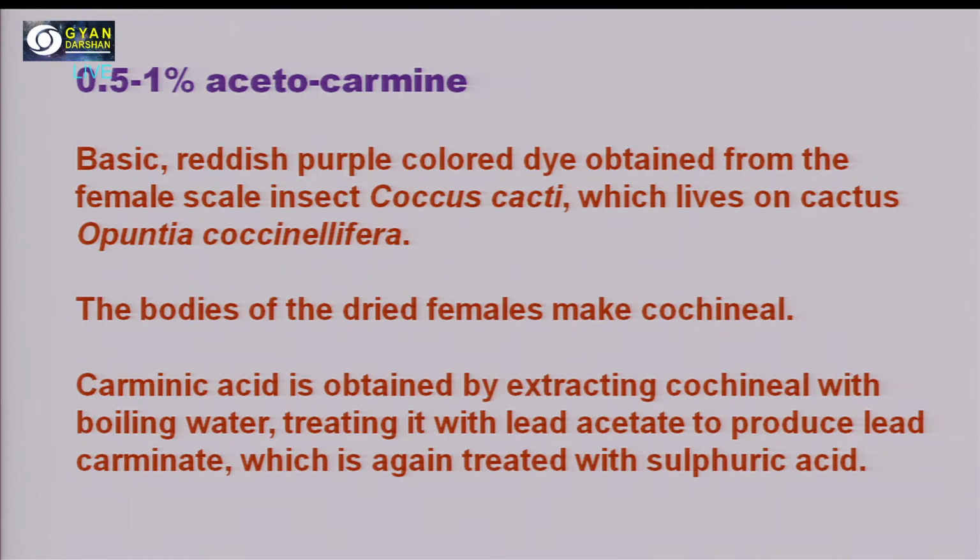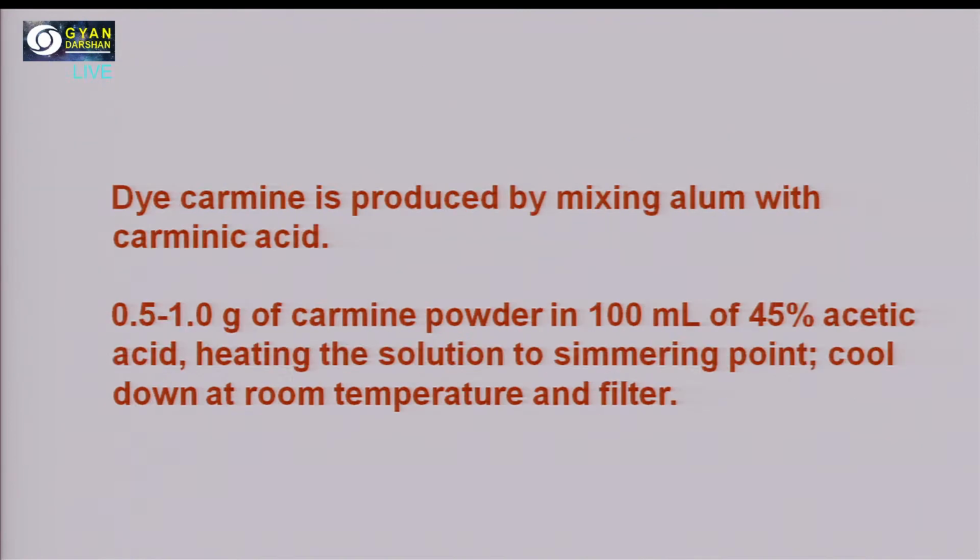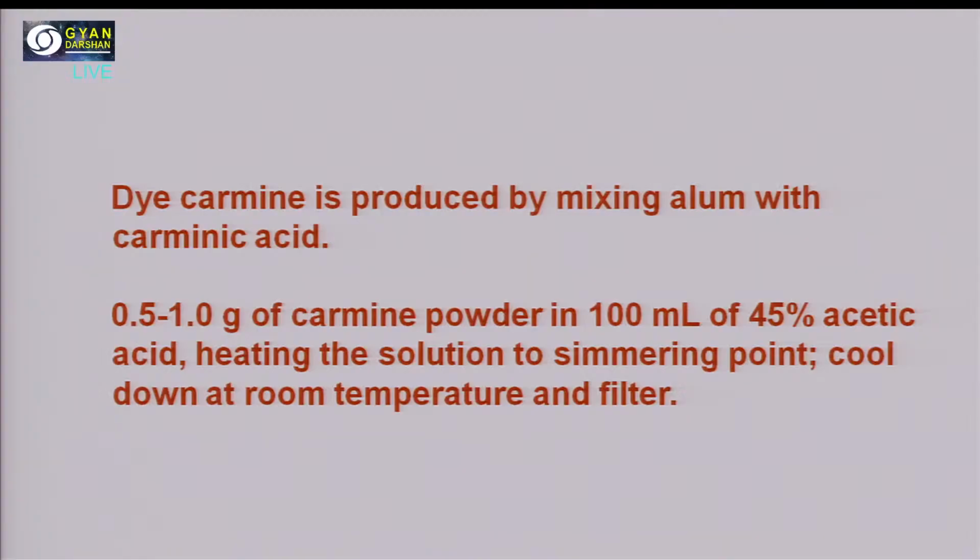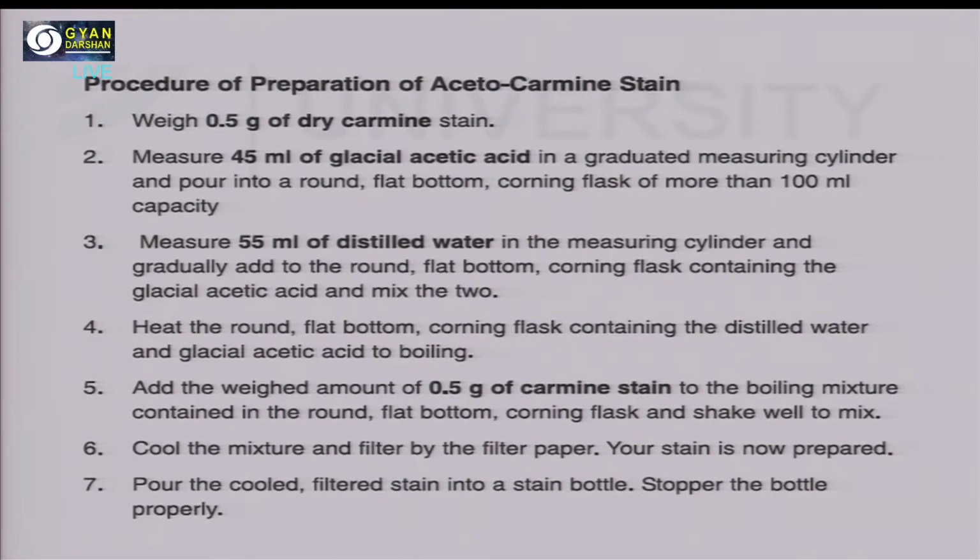What you do next? You next isolate the carminic acid. Carminic acid is obtained by extracting cochineal with boiling water, treating it with lead acetate to produce lead carminate, which is again treated with sulfuric acid. The carmine is produced by mixing alum with carminic acid. So normally what you do in this case, again you measure 0.5 to 1 gram of carmine powder, and then you dissolve it in 100 ml of 45% acetic acid. You heat it to simmering point, cool it, and then you filter it. So in that way, these are the two basic stains which you use in the